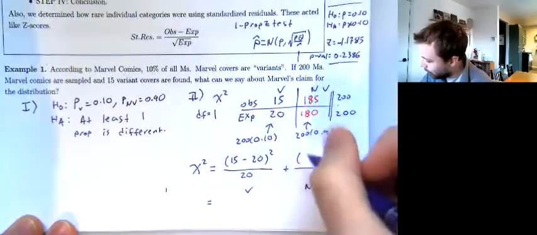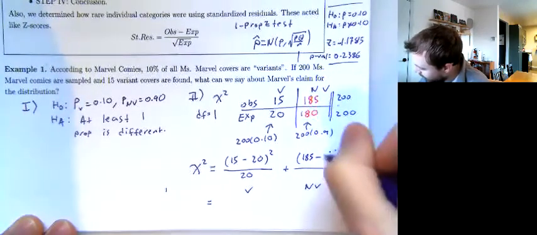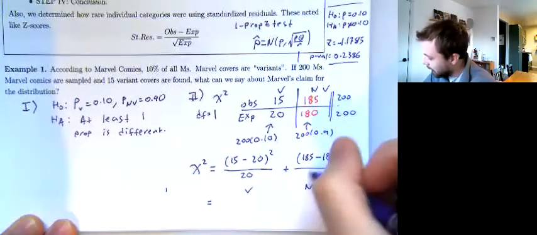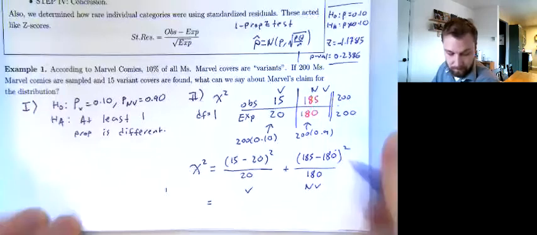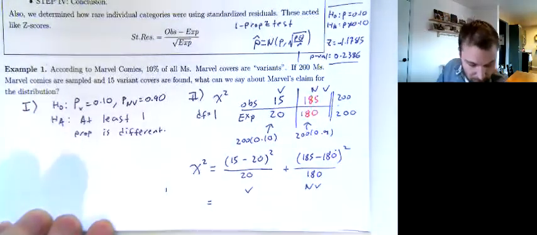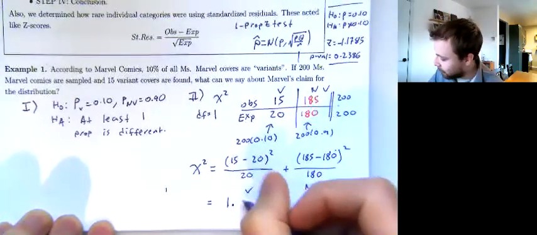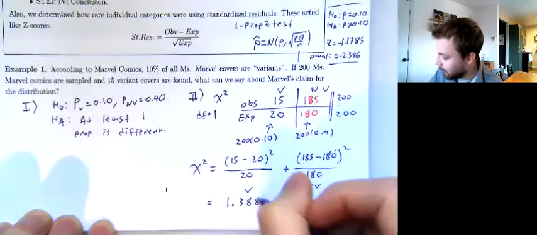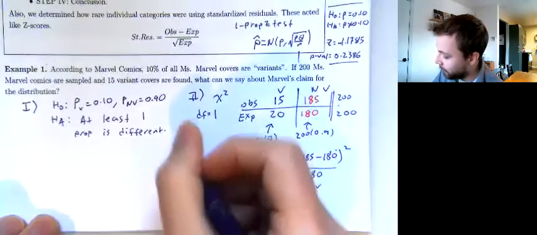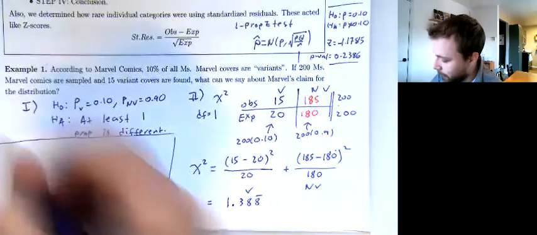On this next one, I observe 185. I thought I should have gotten 180, so I'm off by a +5 this time. And I'm dividing that by 180. When I type this into my calculator, I appear to get something like 1.388 repeating or so. So I have my first couple steps looking pretty good. I'm going to move on to my third step,